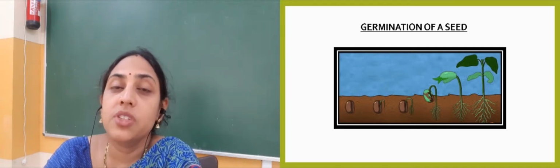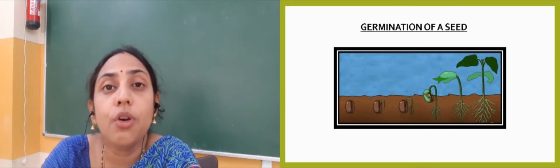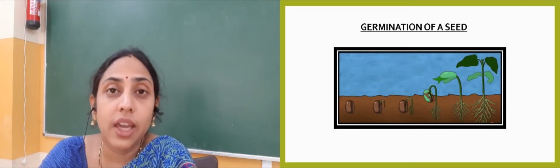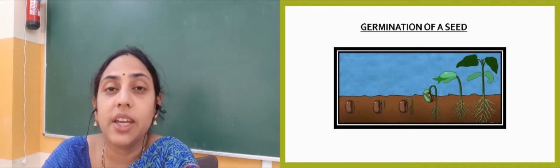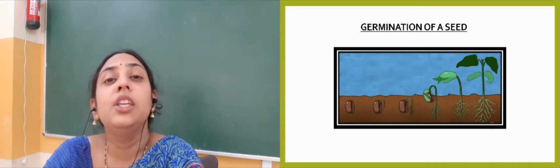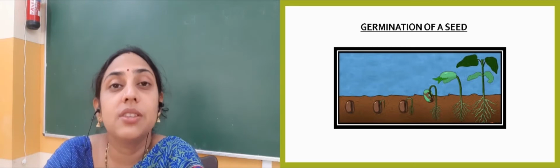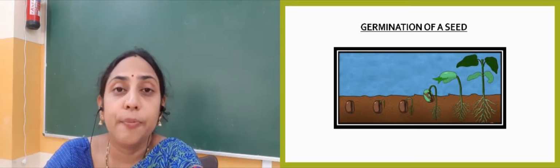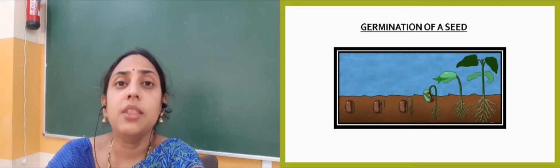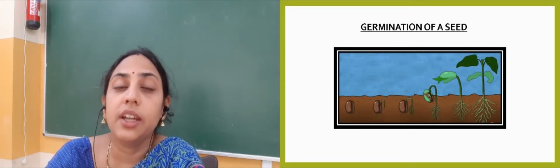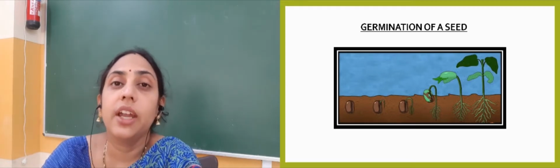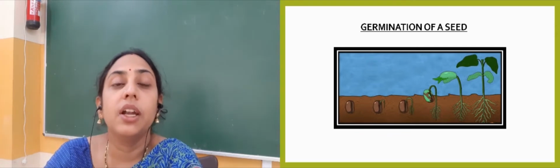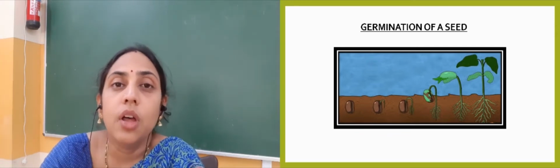If we talk about some plants, they reproduce through seeds, right? So seeds germinate. So again there comes the process of germination. That means the seeds change into new plants. The new young plants or baby plants are called seedlings. Now when the seeds germinate, it is very important that they get enough warmth, air, moisture and all. All the favorable conditions should be there for the seed to germinate.